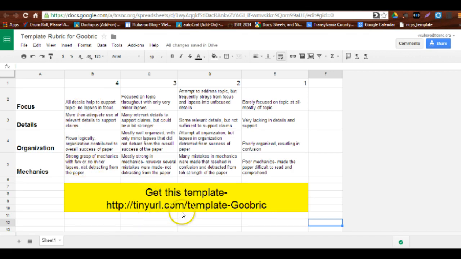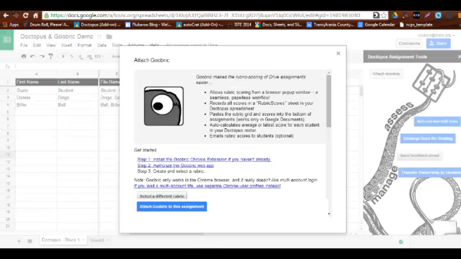It's tinyurl.com/template-Goobric with a capital G, and you're welcome to modify it any way you want to. But really, those are the only requirements. Cell A1 must be empty. Cells B1 through whatever must have numbers, and cells A2 through whatever must have characteristics, and that's really it. Quite simple. Okay, now going back to my rubric, I'm going to attach this Goobric to this assignment,